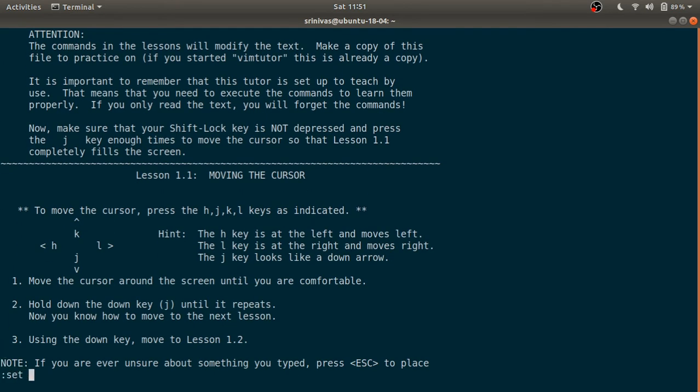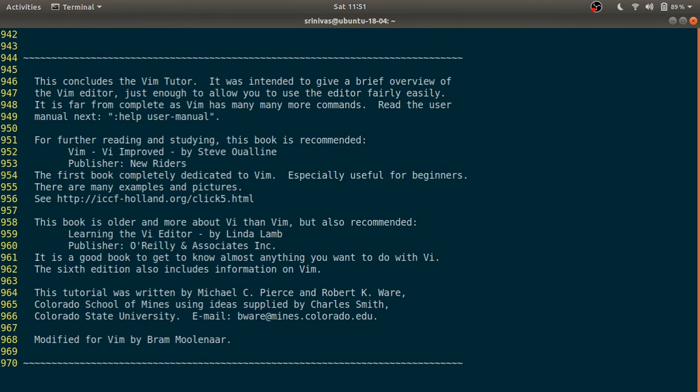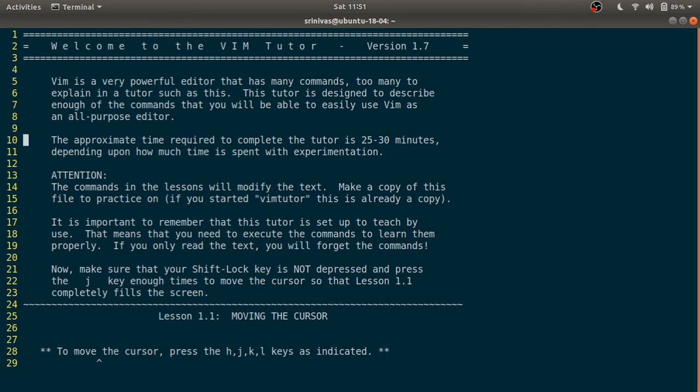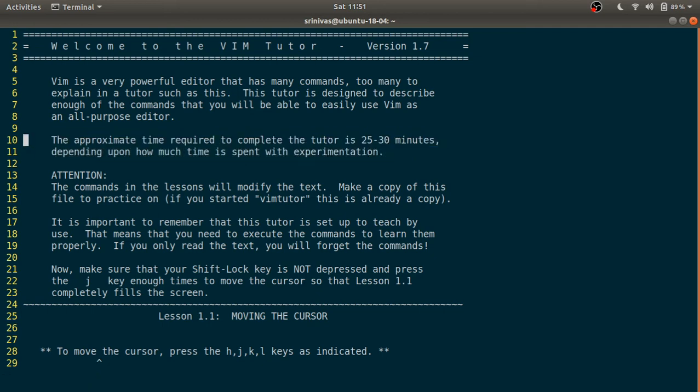Let me show you. Yeah, let me show you, I think this has like 970 lines, guys. Don't worry, it will just take, I think, 25 to 30 minutes, guys. Just for reading, it will take like 25 to 30 minutes because they are using really simple words to understand. And if you guys are interested in experimentation, I recommend you guys spend more time in the experimentation, guys, because that will be really useful.